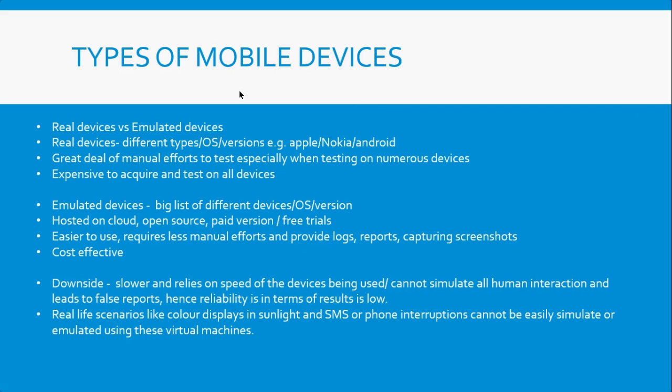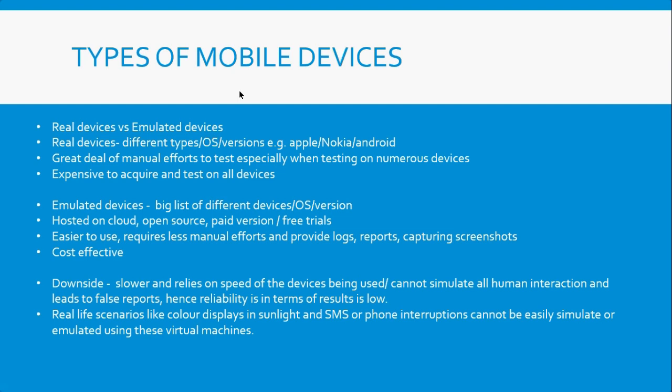It is very, very hard and very expensive for you to have different types of iPhone devices and Samsung devices. To be honest, there are hundreds of devices out there. So you have